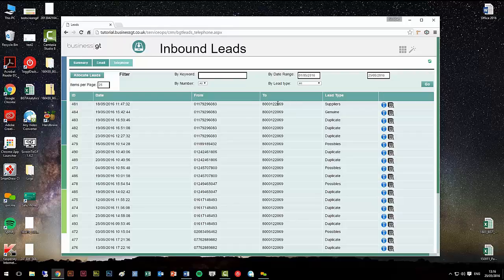So I've got a full list of all calls coming through that number. For each line, I've got the date and time, who called, so that's the phone number that called, which number they called, so I might have multiple inbound phone numbers, as well as the lead type. Now, if we want to look at the detail of one of these phone calls, we can do so. So if I click on this third line here and click the icon on the right that is View Details,